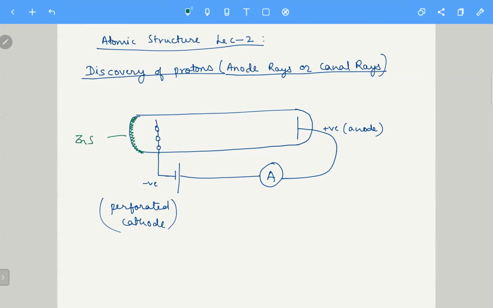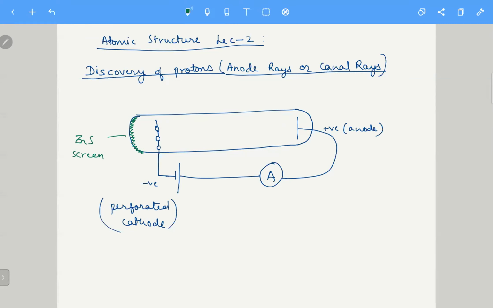Initially, when a normal cathode was used, not a perforated one, the glow was very, very faint. Almost no glow or very faint glow was observed. Some particles may accidentally cross from the sides of the cathode, through its vacant spaces. If one or two particles crossed through the side spaces, a little bit of glow was obtained there.